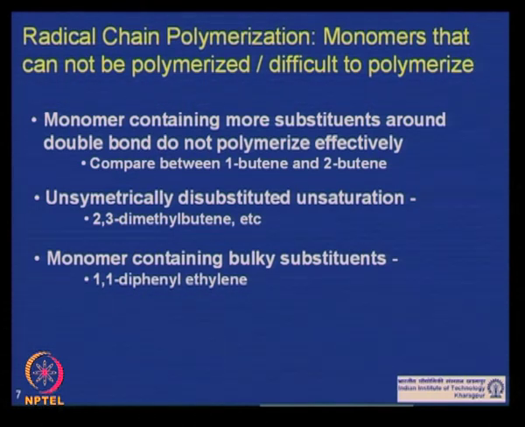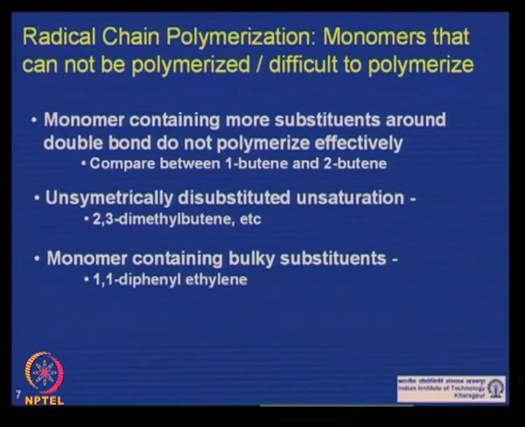Now, what are the monomers that are difficult to polymerize or cannot be polymerized at all? If there are more substitutions on both the carbon atoms, in the example we showed in the last pages, where you have CH2=CHY with one substitution, if you have substitution on both carbons, then it becomes more difficult. For example, if you compare 1-butene and 2-butene, it is easier to polymerize 1-butene than 2-butene. And if the substitution is bulky, like 1,1-diphenyl ethylene, then